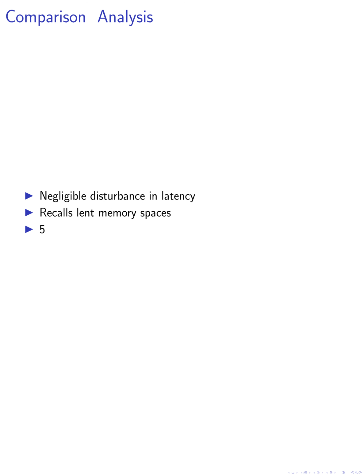Finally, we compare DistKV-LLM with live migration as an alternative solution for handling varying context lengths. Our results show that DistKV-LLM experiences negligible disturbance in latency, while live migration incurs significant overhead. We also introduce the DGFM algorithm to optimize memory allocation by recalling lent memory spaces, maintaining higher overall throughput compared